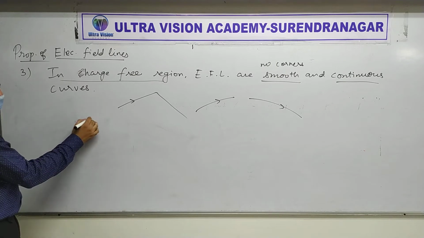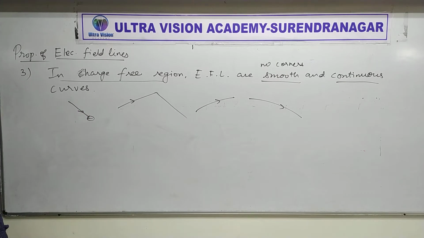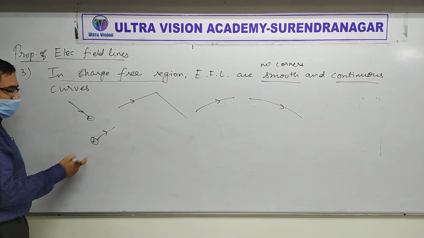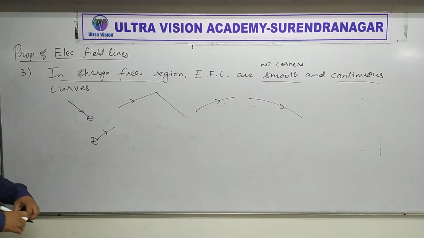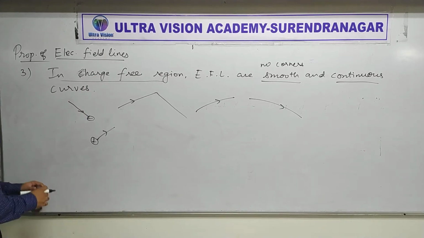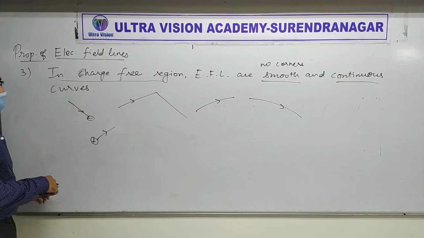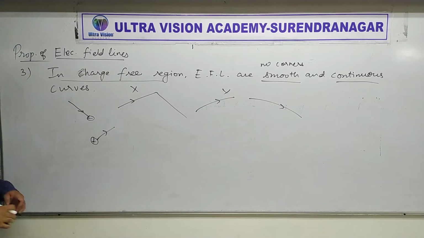For example, at a negative charge, the electric field line will come and break. Does that make sense? Similarly, at a positive charge, it just goes out. There might be nothing on this side. Clear? So it will not be continuous over there. So this is wrong and this is also wrong. Alright?